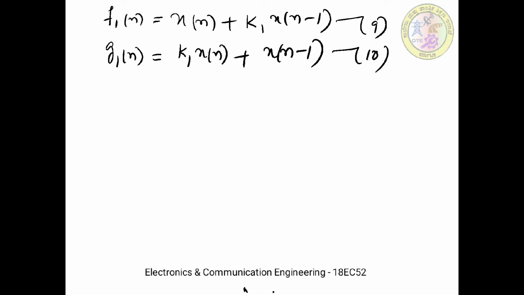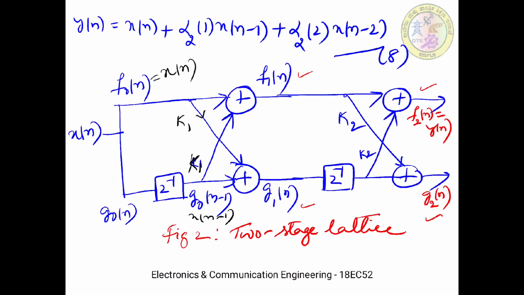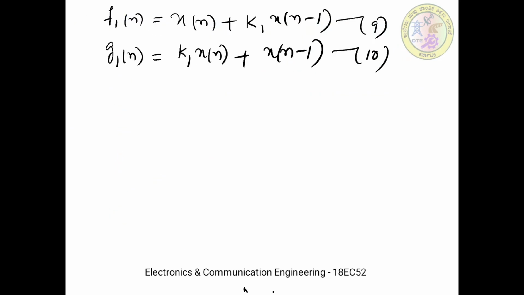So these are two equations from the first stage. Now the output from the second stage. Let us go to the second stage. In the second stage we have f2 and g2, and f2 itself is the final output y of n also. So now let us put the second structure in equation form. So the output from the second stage is,